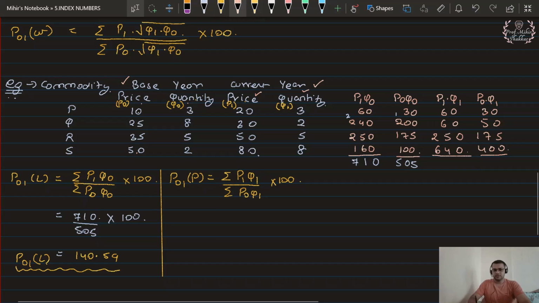So when we add these numbers, the first is all zeros. 6 and 6 is 12. 12 and 5 is 17. 17 and 4, 21. And this is 6 and 4 is 10. So the numerator value that I have got is 1010. For the denominator, this is 5. 7 and 5 is 12. 12 and 3 is again 15. So I get this is 4 and 1, 5 and 1, 6. So 655. So this comes out to be equal to